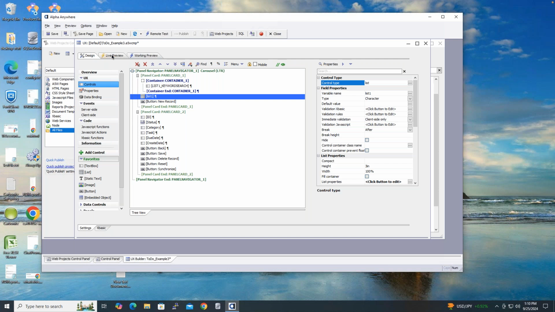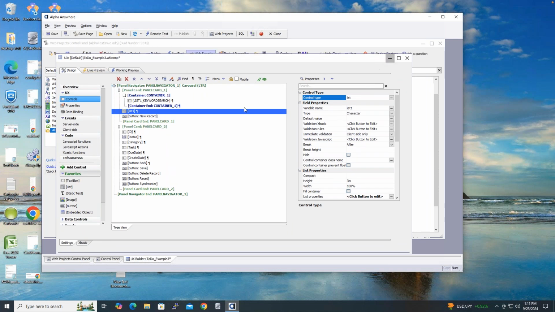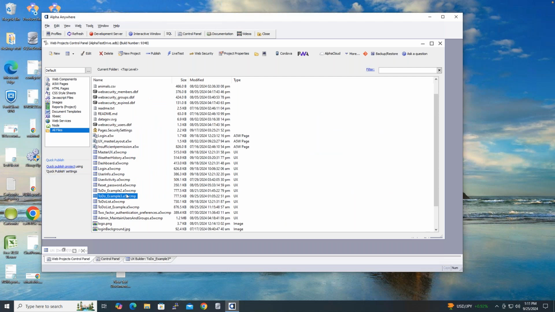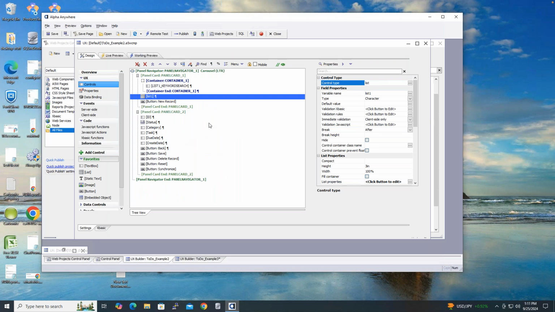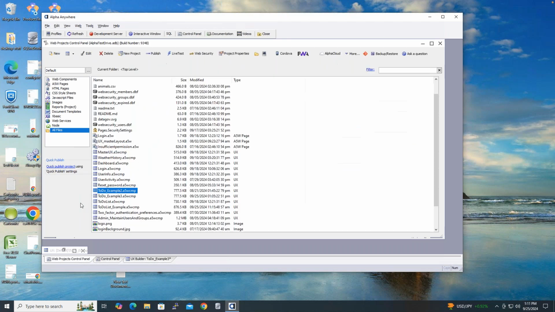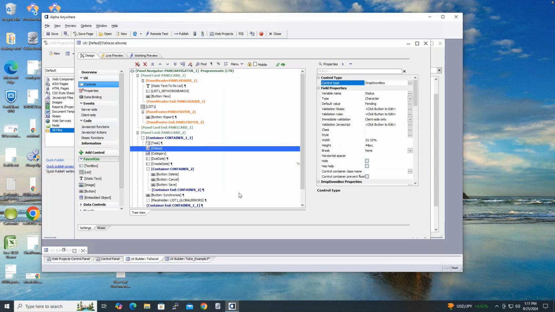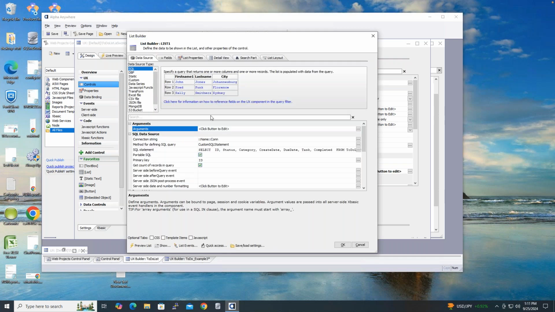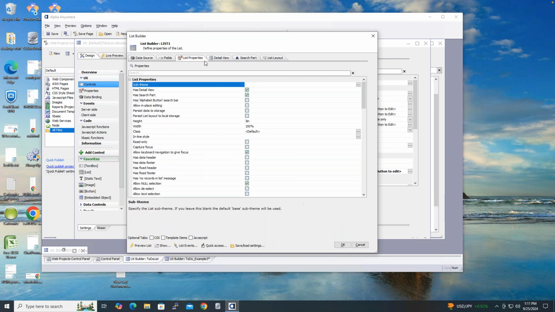Okay, thanks. Let's go take a look now at one that I have prepared before. This one is the to-do list example 2. We're going to go and take a look how it was configured. So to-do list example 1. And if we take a look here at the list and in list properties,